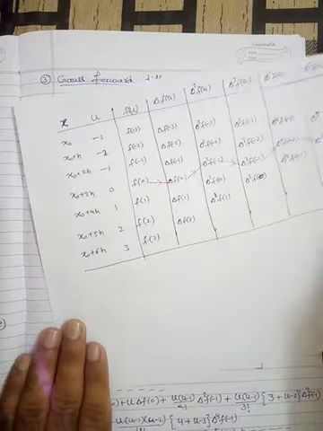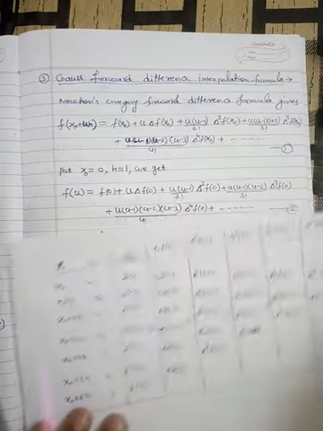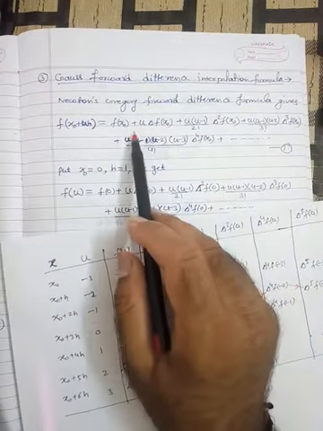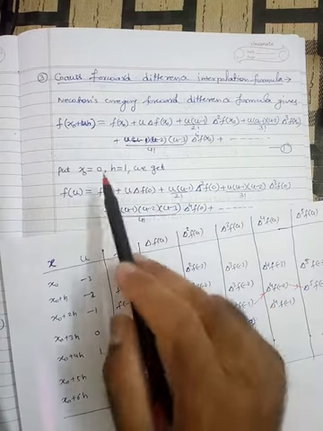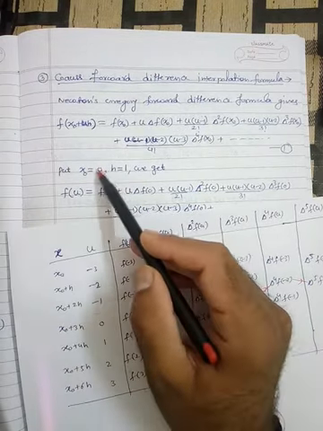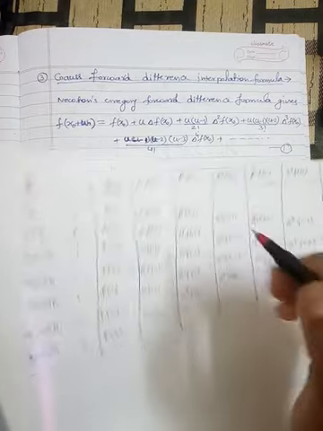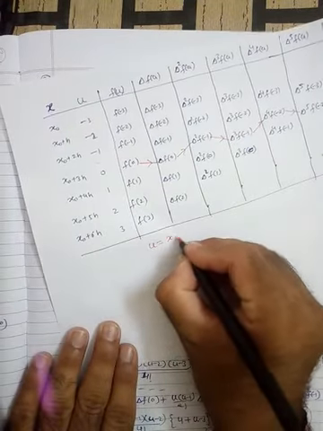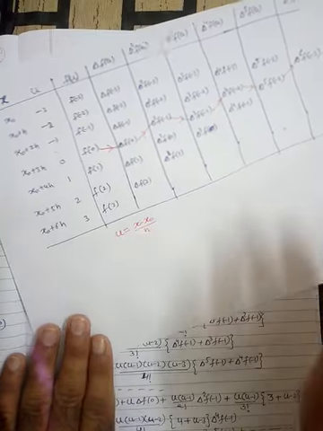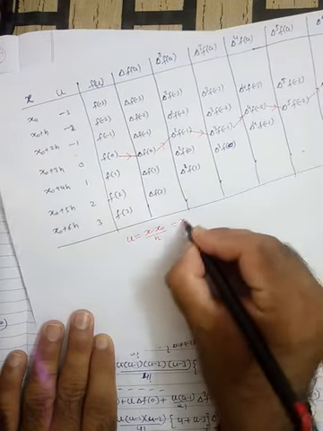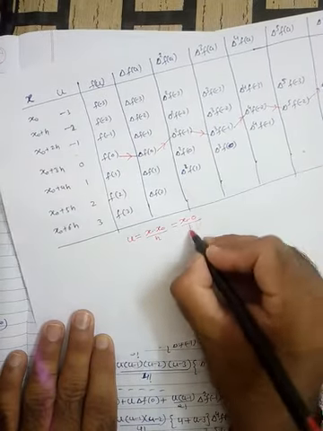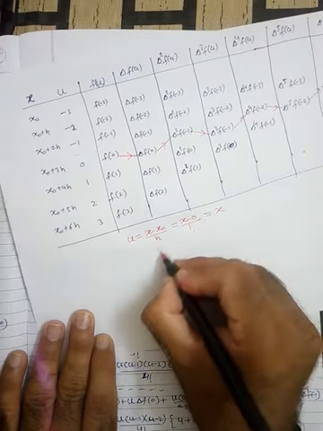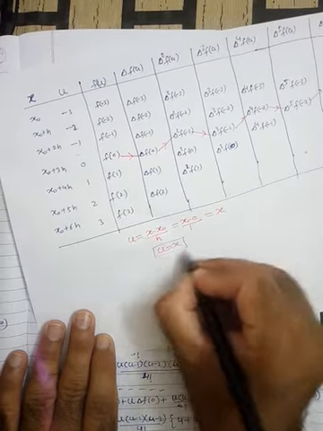So what will be the formula then? The formula is derived with the help of Gregory forward difference formula. So here x naught is considered as 0, h is considered as 1, and what is our u? You are aware of that, x minus x naught by h, because here we are using Newton's Gregory forward. For this we have u equal to x minus x naught by h. So x minus x naught is 0, divided by 1, so x. So u is equal to x.